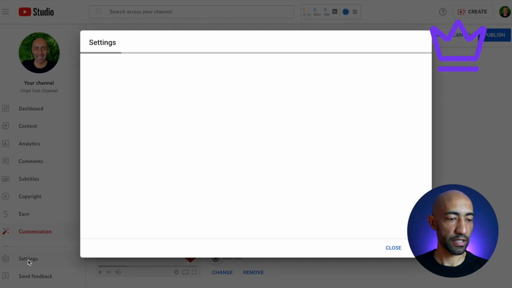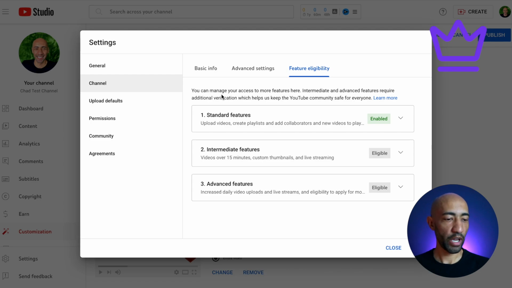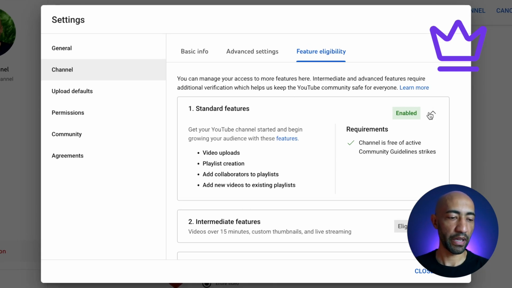Next up, we are going to go into our overall channel default settings, and that is also on the left. If you click on settings, under the channel section, we are going to go to the feature eligibility tab. And basically, these are different features that you as a creator unlock as your YouTube channel grows. So when you start a brand new YouTube channel, the standard features will automatically be enabled. And this allows you basic features like video uploads, playlist creation, add collaborators to playlists, or add new videos to